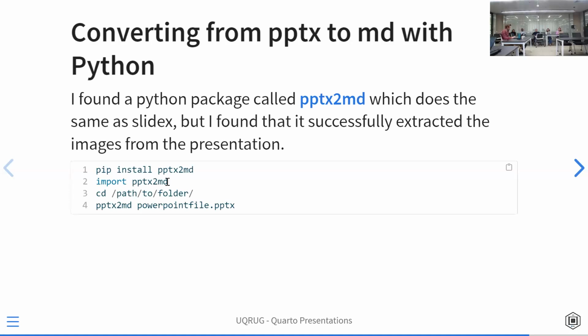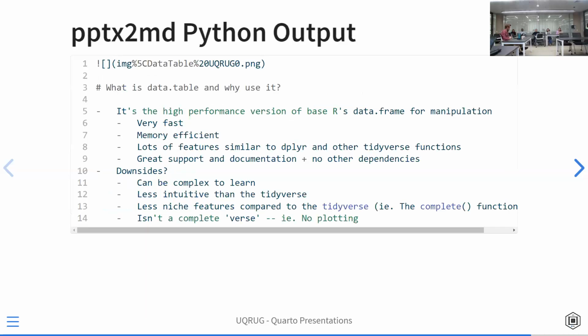So you install it, you import it, you go to the folder where it's located, and then you run the script on it. It's not too complicated. If you've never used Python before, it probably is too complicated, but it's useful to know a number of languages. So this is what it spat out for me. So you can see it gave it in a